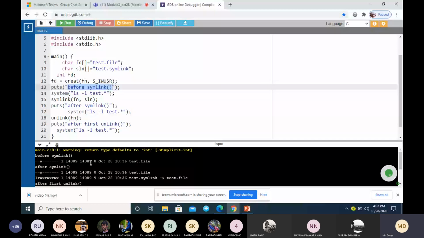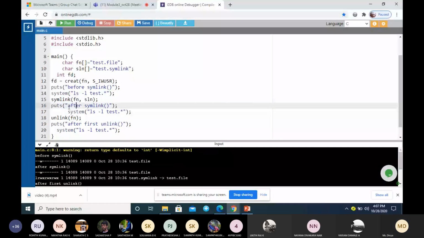Next, we are creating the symbolic link here. Now after the symbolic link, we execute the ls -l command. How many links do we have here? First is my original file test.file, which has one link.